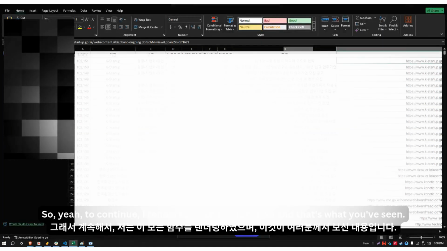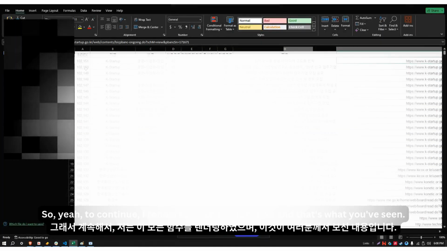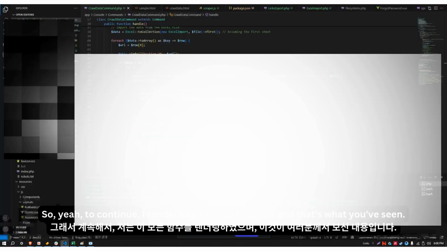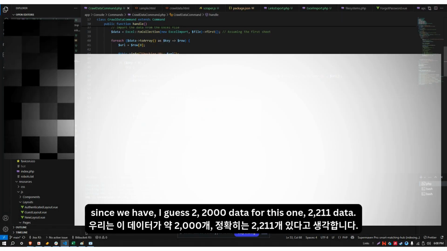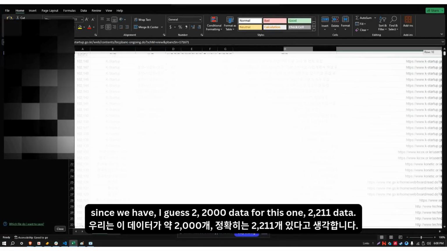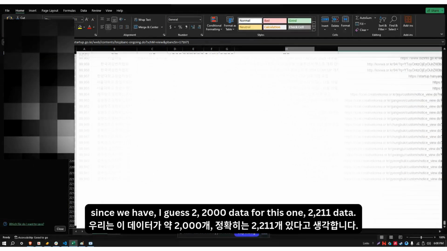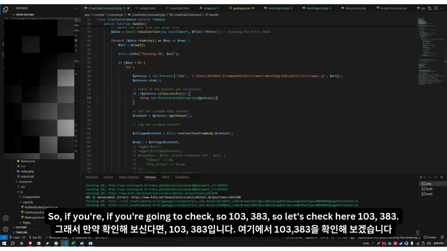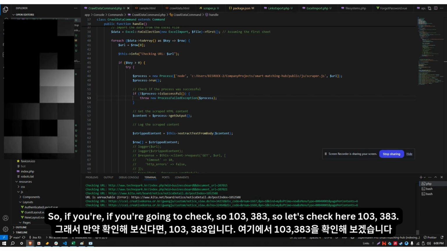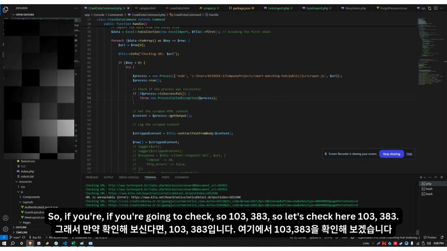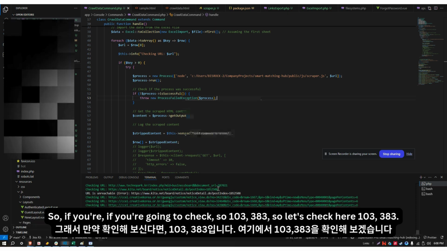So to continue, I rendered all of this function, and as you've seen, we have, I guess, 2000 data for this one, 2211 data. If you're going to check, 103,383.